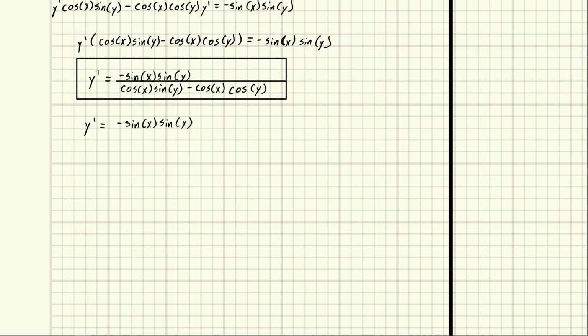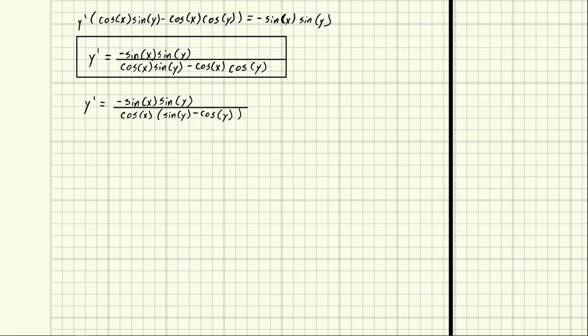But we notice that we can take a cosine x out. And we'll be left with a sine y minus cosine y on the bottom. And we can combine this cosine x with the sine x, and we'll get this form. We'll get a negative tangent x sine y